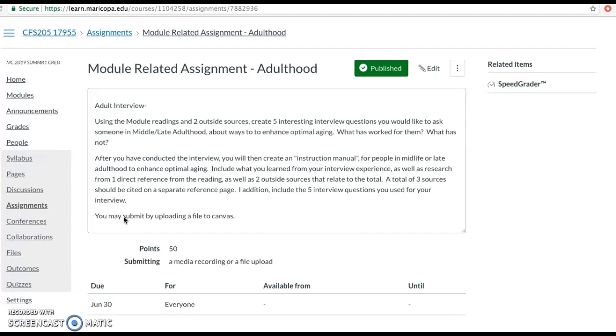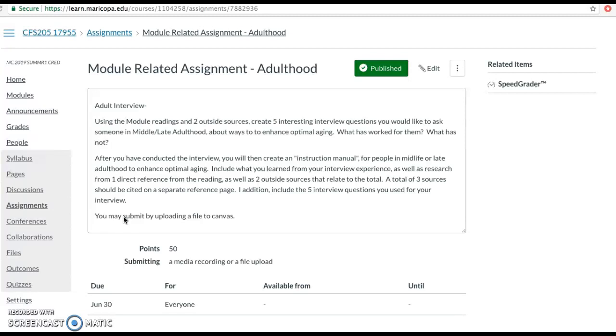In your manual, if you want to use direct quotes from the person you're interviewing, or focus on the fact that this manual was created based on an interview and outside research, you're certainly welcome to be more candid with how you want to present that.